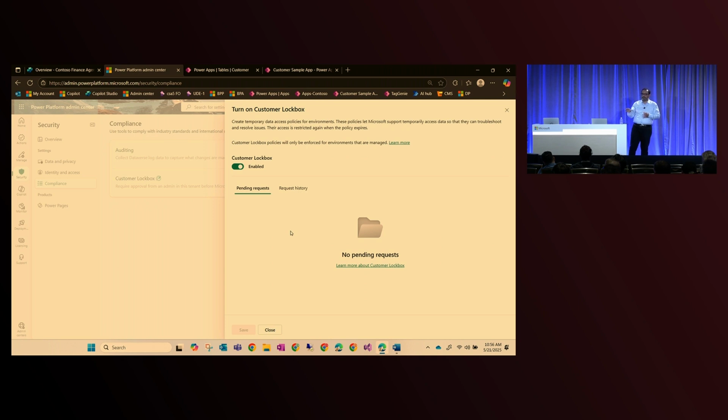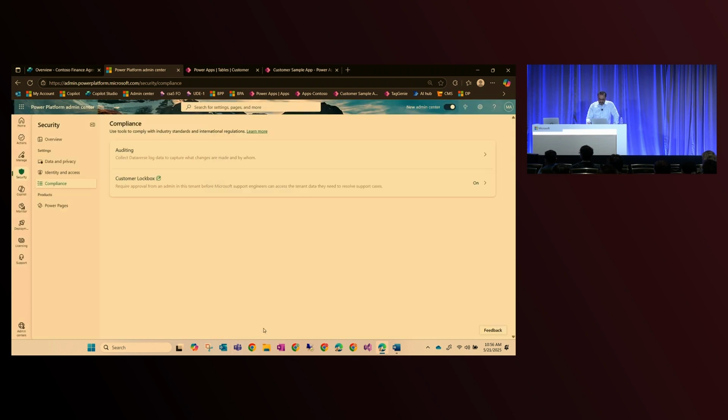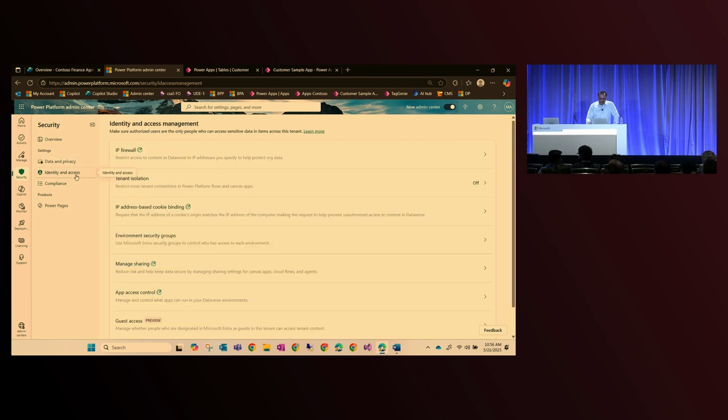And then you can keep track of it: who requested, when requested, who approved that thing as well. So this option we can use over here as well. One more thing on security, you will notice that this green icon is appearing, and it is telling you this setting is available. You need to enable the managed environments in case you want to use this type of settings as well.